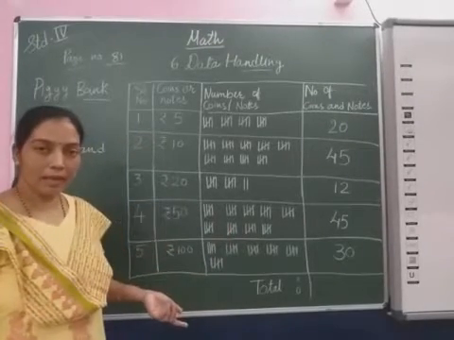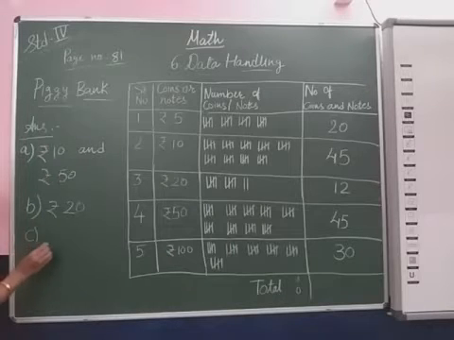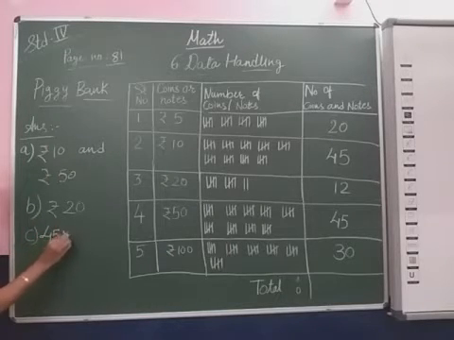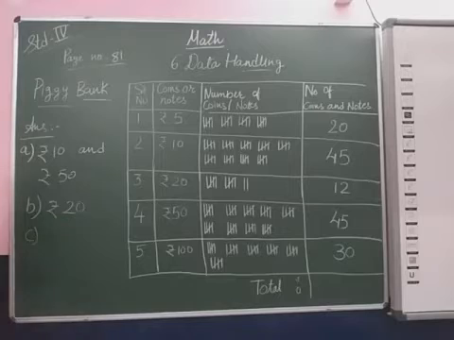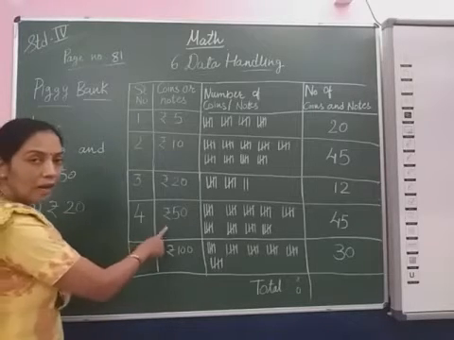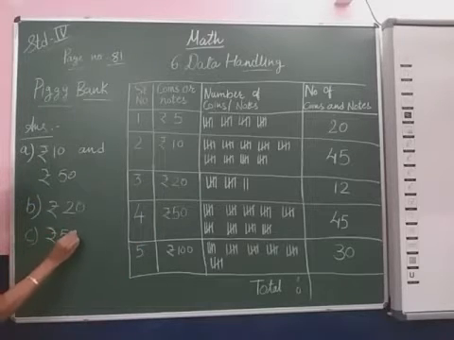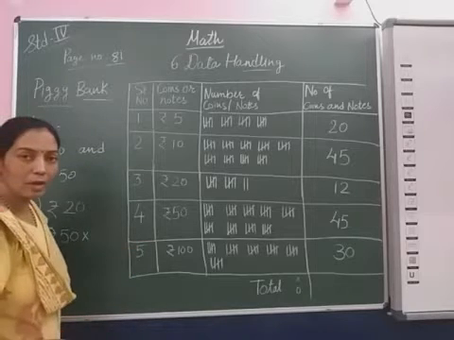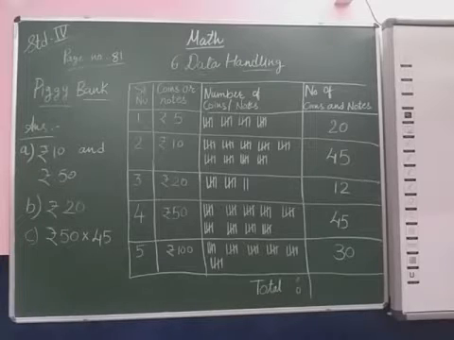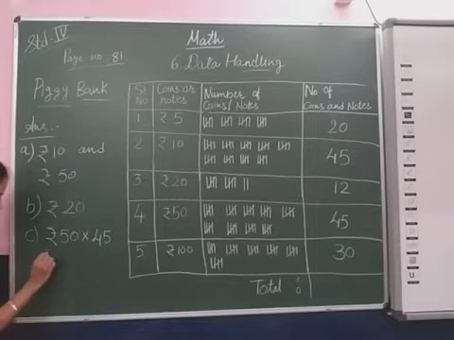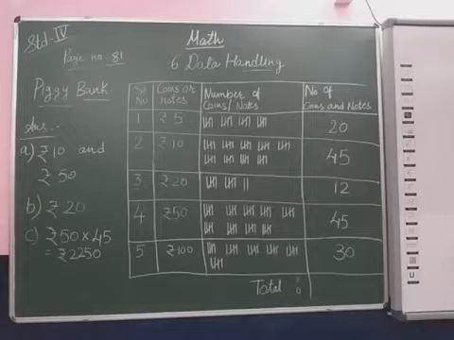So we will get the amount 45 into 50. So we will write here 45 notes into 50. Otherwise, you can write it this way for your clear understanding. We have one note of the rupee; its amount is rupees 50, multiplied by how many notes we have? 45. So here we will get rupees 2250.